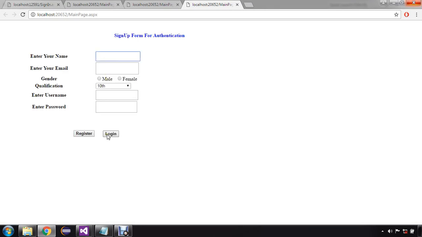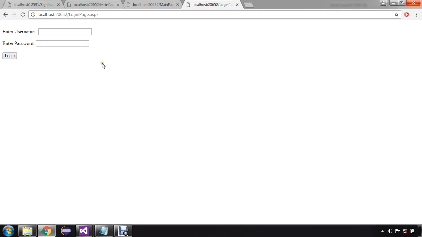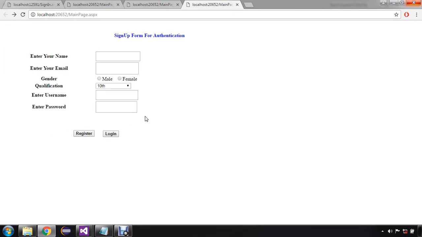When I click this login button, a new page will open, login page.aspx. So our form is ready. In the next section, we are going to learn how to save the fields provided by the user in a database.